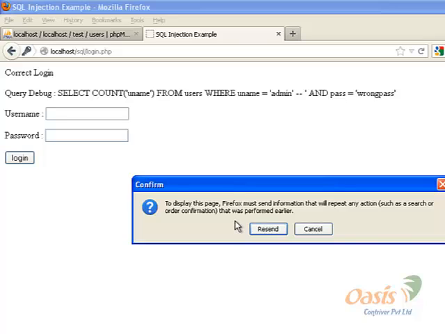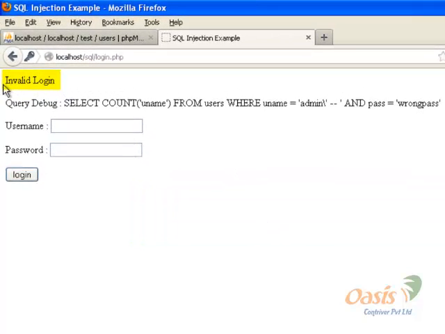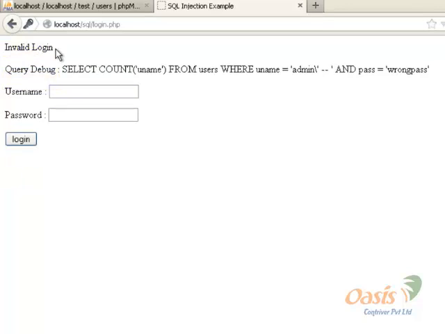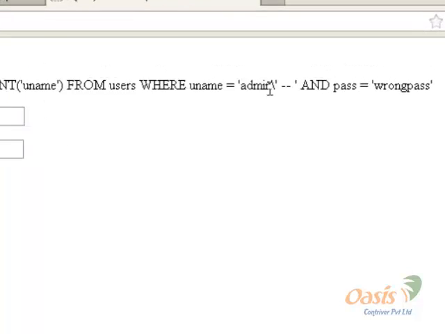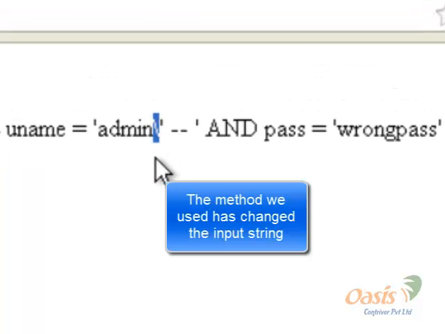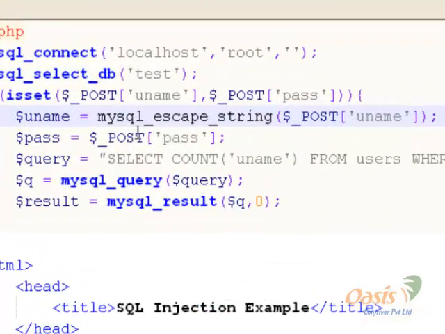It asks us to repeat that action and we click on resend. And as you can see, it says invalid login. To debug our SQL statement, let's have a look. The query till here seems to be okay, but this backward slash is being entered automatically by our command,